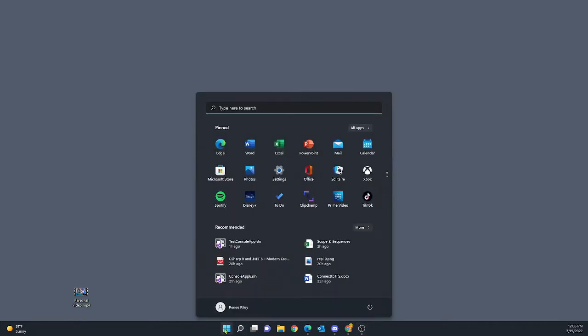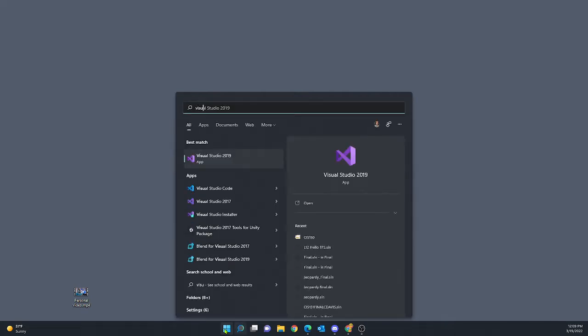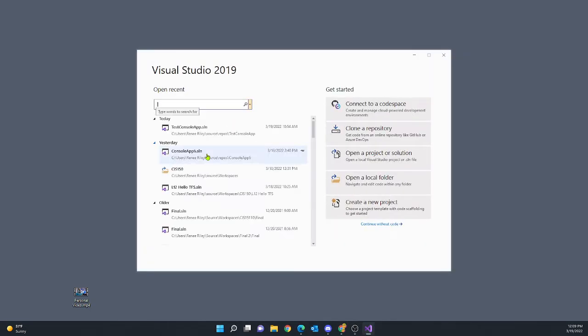Hi class, I'm working on a different computer now, or actually emulating that, and I'm going to run Visual Studio, and I want to get my project from TFS. So I don't have it on this computer, so I'm going to continue without code,